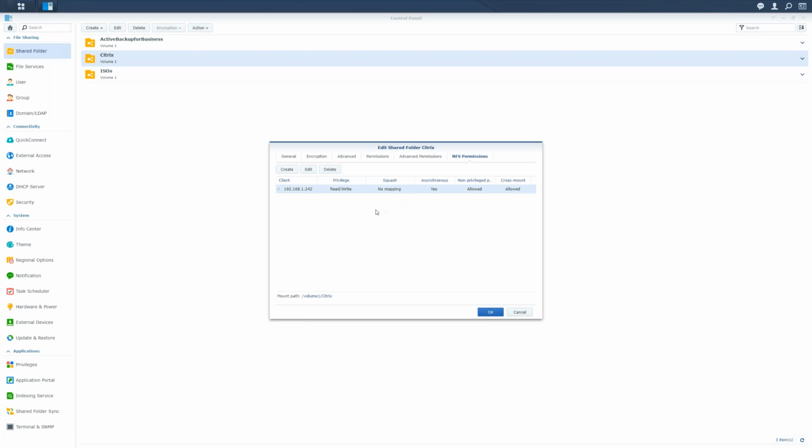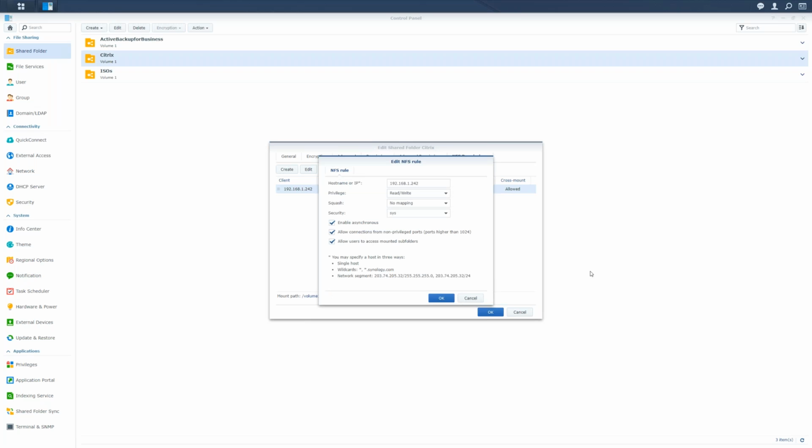So I've already created the permissions, so I'm just going to edit it and show you what is in this menu. You need to declare a host name or IP address, and you can use wildcards. What that is saying is that host name or IP address has access to the shared folder through NFS, and then you set up your privileges and any other features that you need right through this menu. So a couple of extra steps, but easy enough to do. Just make sure that your host name or IP address matches what you're trying to connect to NFS. And in this case, of course, it is my Citrix hypervisor, and that's its IP address. So that is a very simple setup that we have for that.